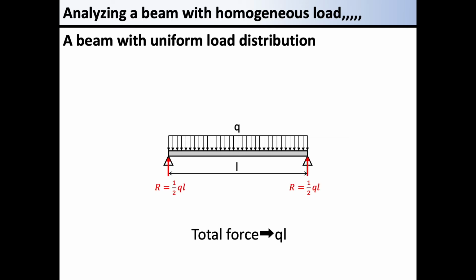We focus on the reaction forces that are supporting both ends of the beam. The reaction forces at both ends are reacting to a load QL acting downward. The total of distributed load is QL, which is the product of the distributed load Q and the length L. Since the total load is supported at both ends, the reaction force at each point is QL divided by 2. You should here understand how to calculate the reaction forces QL divided by 2.